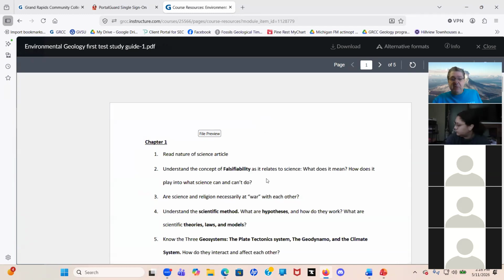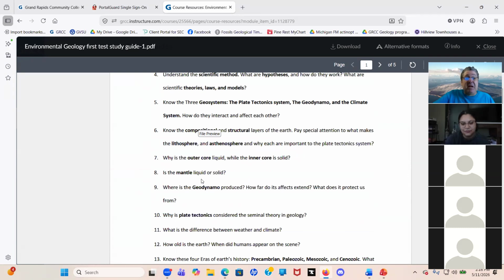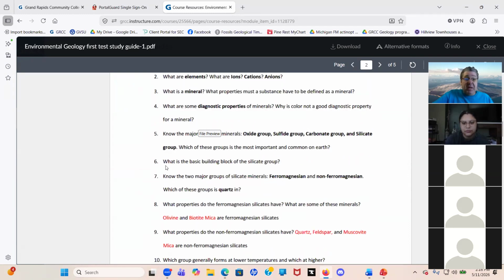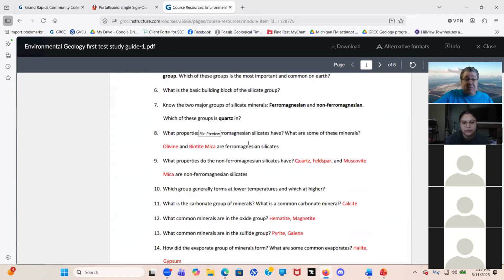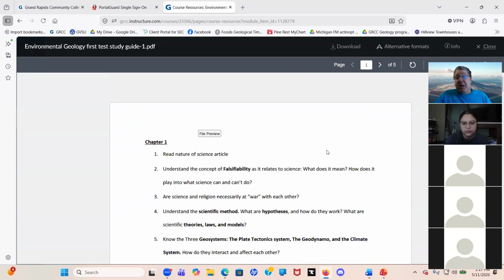Oh my gosh, it's 5 pages long. But it's very detailed, right? Is the mantle liquid or solid, right? How old is the Earth? When did humans first appear? What are the 8 most common elements, right? Which group of minerals is quartz in, right? So, very specific, but if you start filling it out kind of as you go through the weekly material,